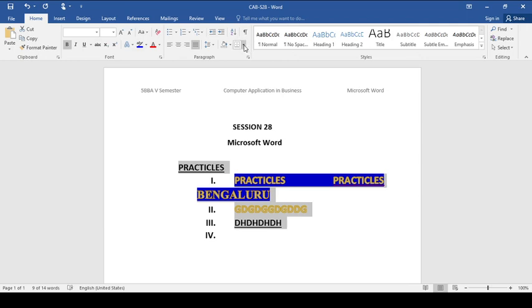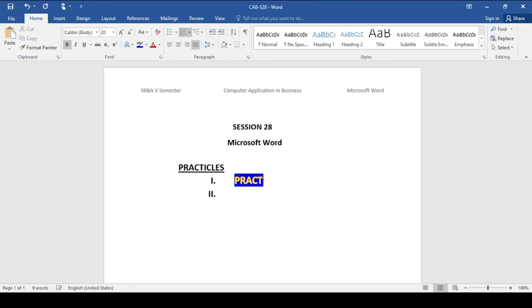This is a brief idea of how to start, how to type, and how to do a Word document that I have shown. Now let's see the editing option, wherein we can remove this. For this we can copy, we can cut, we can paste, we can save this, and later on whenever we want we can change the document.